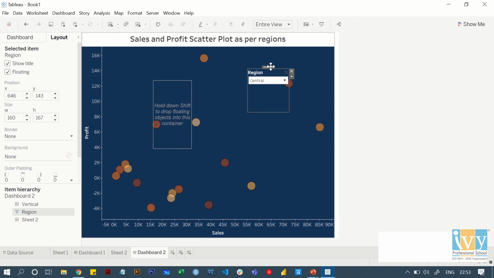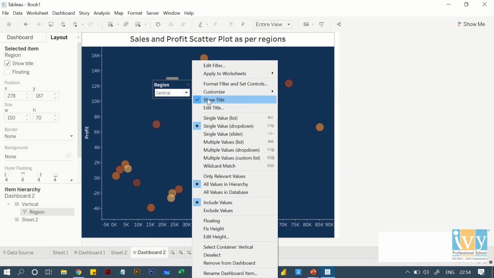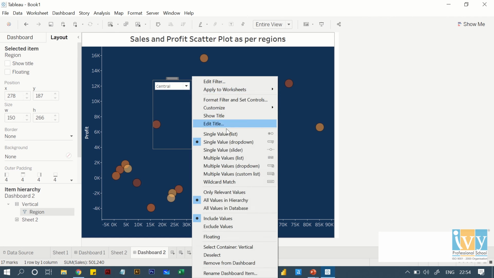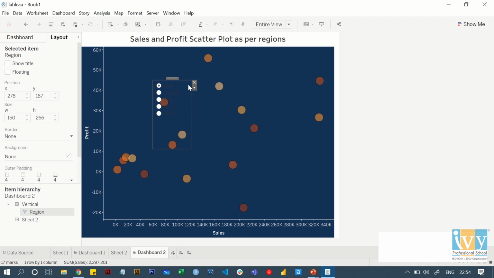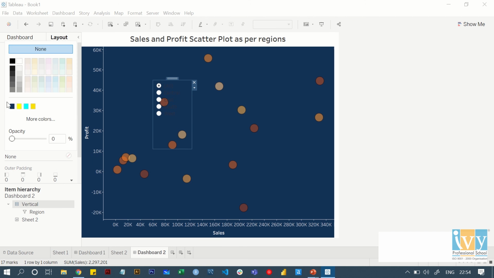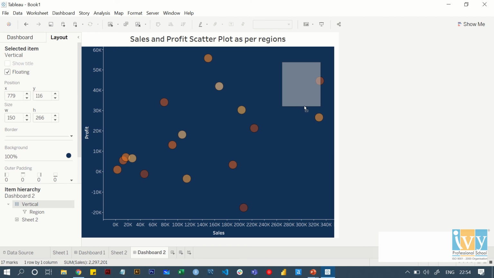I'll drag the filter, I'll bring it onto the container, press shift, I'll get the border. As soon as I get this border, I'll leave. That's done. Now let's just remove the title because our button will have the title. Let's select the container and distribute evenly. Now I need to make it a list, single value list. Okay. Now one thing important to note is to make your container's background the same as the background of your sheet so that it does not look out of place, right? It should look like something is coming out of a button. I'll give it a slight border color to differentiate it from everything else out here, and reduce the size.